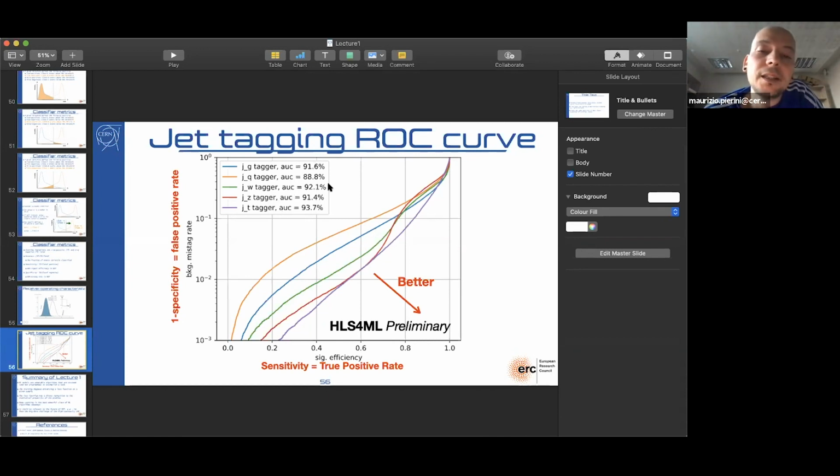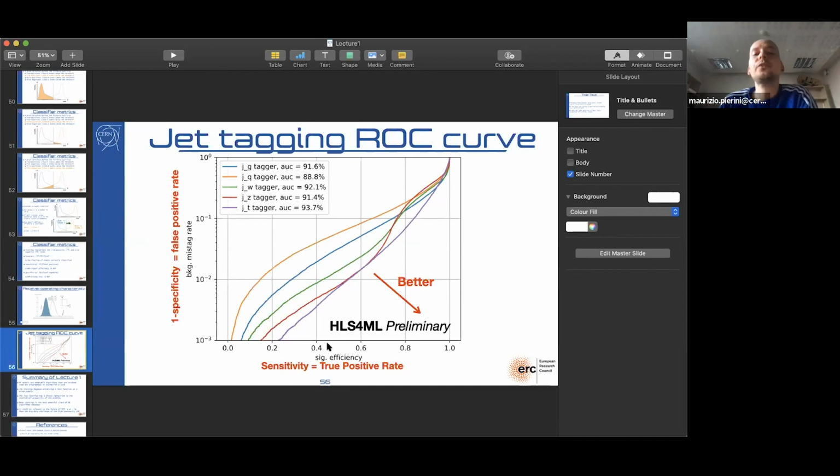Notice though that the AUC and ROC curves are a little bit overestimated concepts, because there are things that happen like this. Look at this red line here. The majority of the AUC is dominated by what's happening up here, but it may be that in your physics problem, you actually have so much background, but also so much signal, that what you care about is purity. So you would like to have a very pure sample of, let's say,